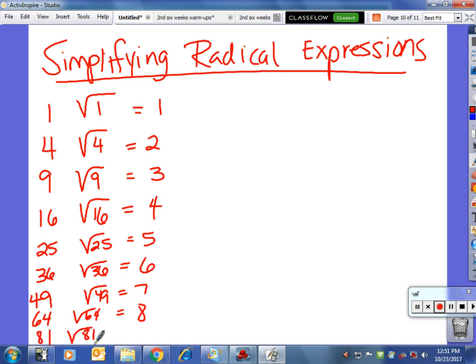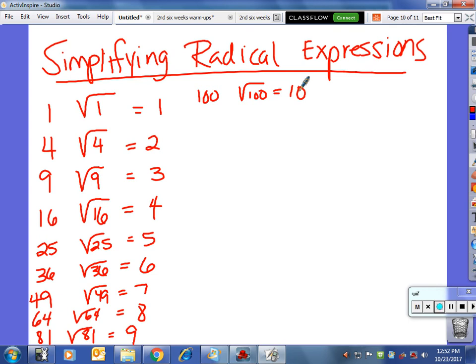Okay, I want you to have a list in your notes, though. I know you get it, but we need a list in our notes because this is going to come up on several lessons in your near future. After 81, the next perfect square is 100. Now, while you're finishing that list, think about the vocabulary here. Squaring and square rooting are inverse operations. So if I ask you for the square of something, that means you multiply it by itself. If I ask you for the square root of something, you want to find what number times itself equals that